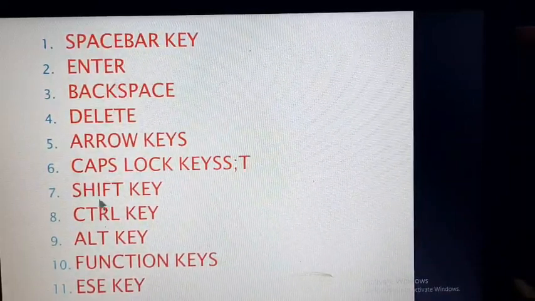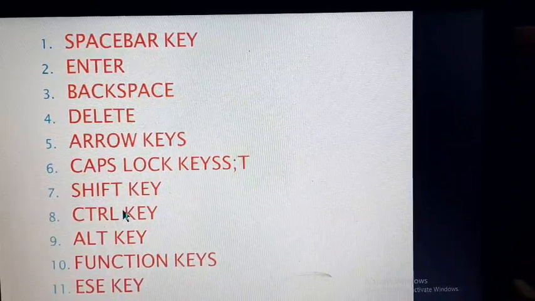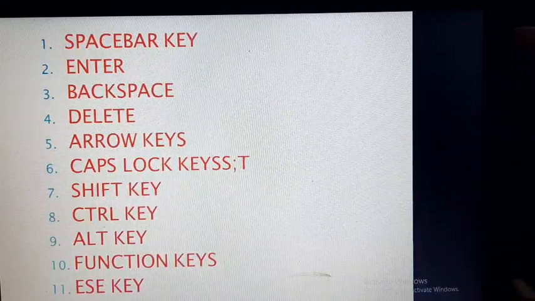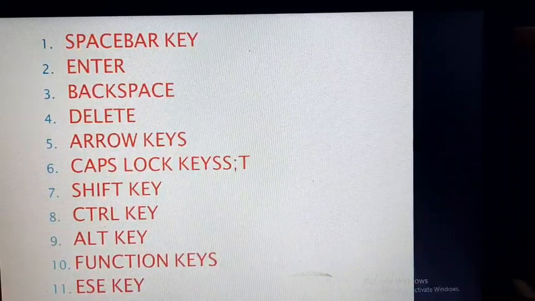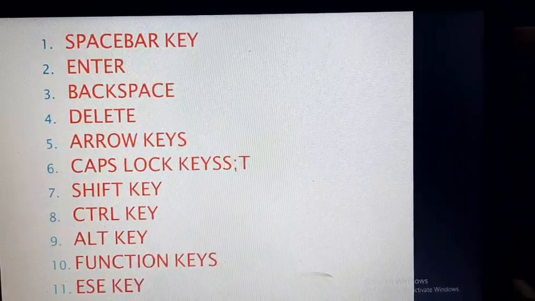These are the special keys on your keyboard: spacebar, enter, backspace, delete, arrow keys, caps lock key, shift key, control key, alt key, function keys, and escape key.